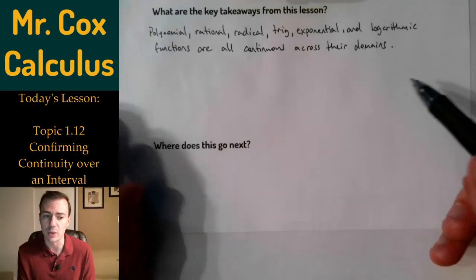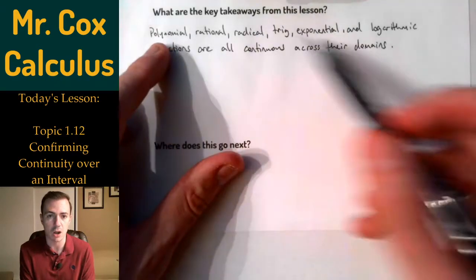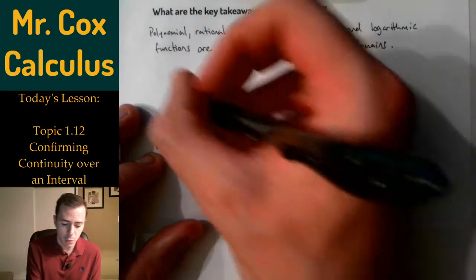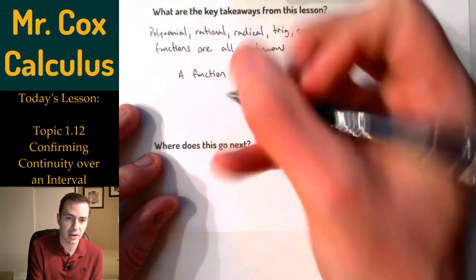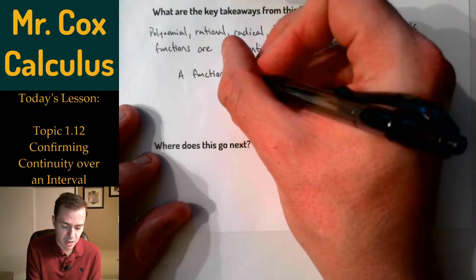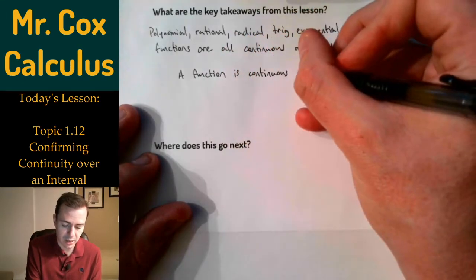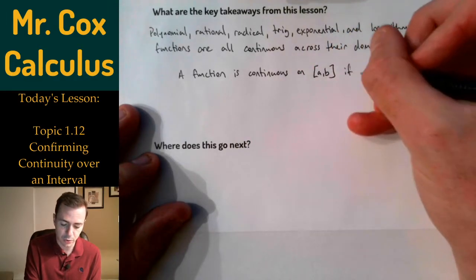And that's actually a really powerful tool for us moving forward, that we're going to be able to take all of these functions, and when we're working with them, we're going to be able to say this function is continuous. We can also speak, and what we kind of focused on in terms of some of the examples in this lesson, a function is continuous on a closed interval a to b, if and only if